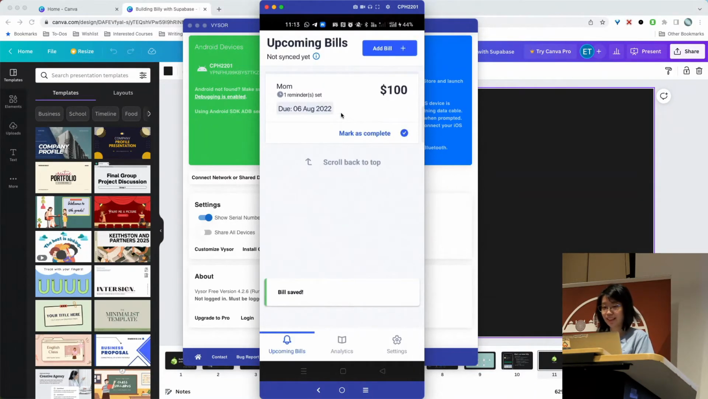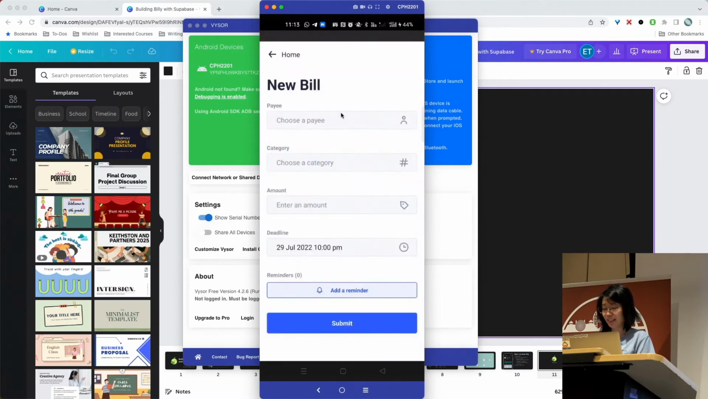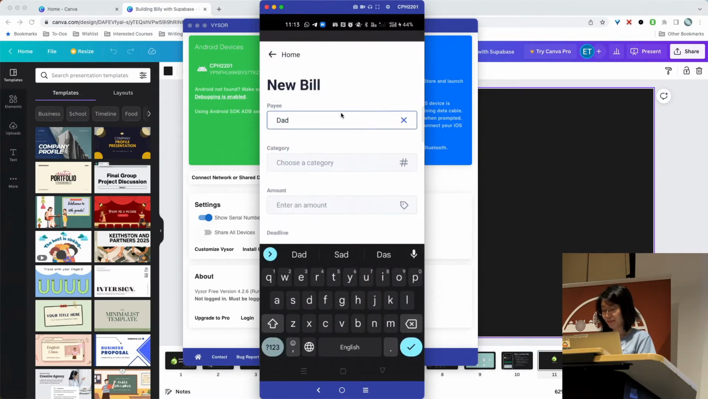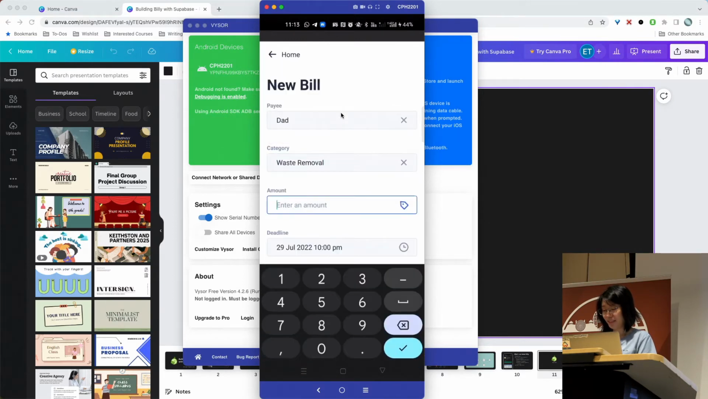So then you will see this card. And then you can mark it as complete, or if you miss a bill, say